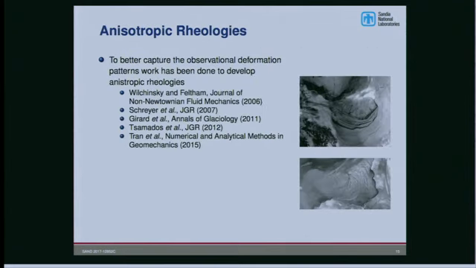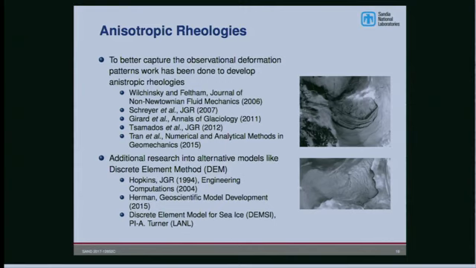So there's been a lot of work on developing anisotropic rheologies. And this is not even a comprehensive list. We saw a very nice talk just before this on another type of rheology. And I'd just like to throw in there that there may be a point, given the expansion of the marginal ice zone and the melting and the loss and the deconsolidation even of the pack ice, where maybe we need to look away from continuum models for sea ice.